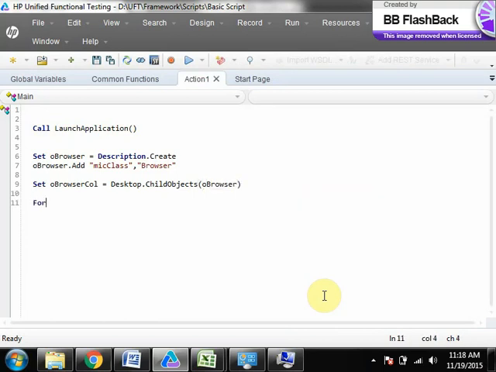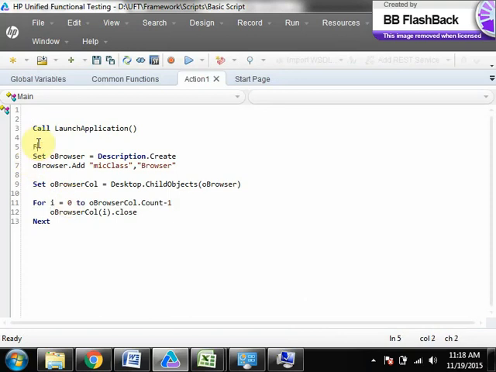Then for I equals 0 to O browser collection dot count minus 1, O browser collection of I dot close. That will close all the browsers.